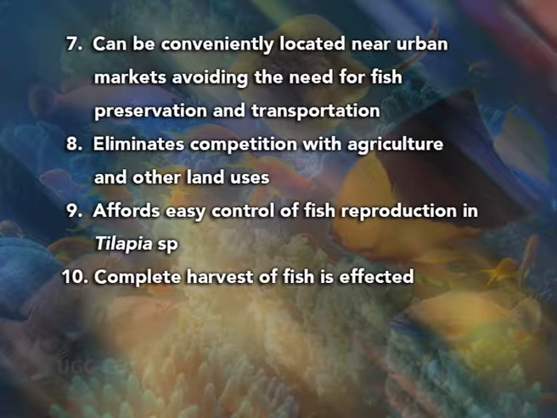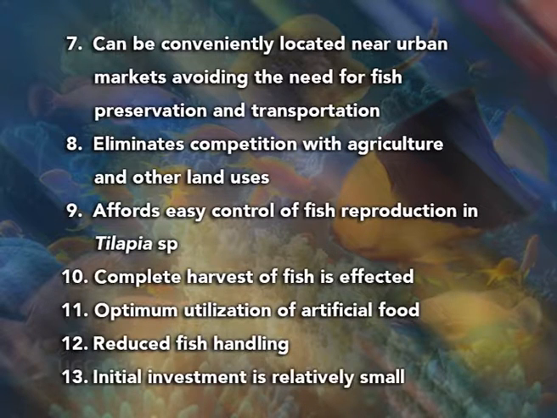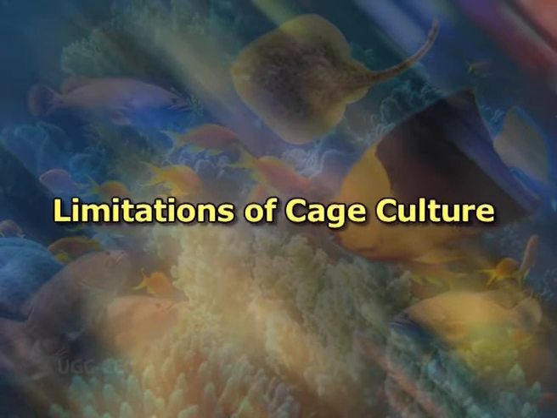Complete harvest of fish is affected, optimum utilization of artificial food, reduced fish handling, and initial investment is relatively small. Let us discuss the limitations of cage culture. However, they are difficult to apply when water is rough, high dependence on artificial feeding, high quality feed desirable especially